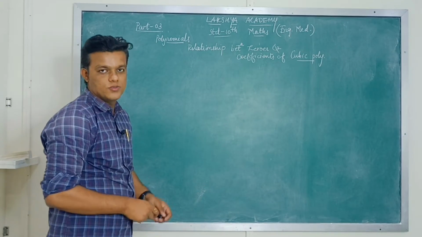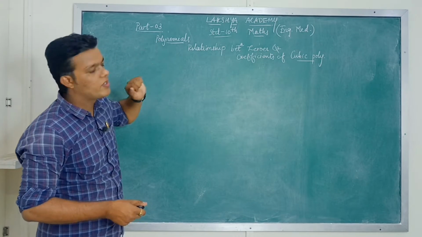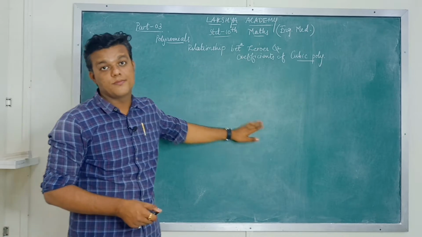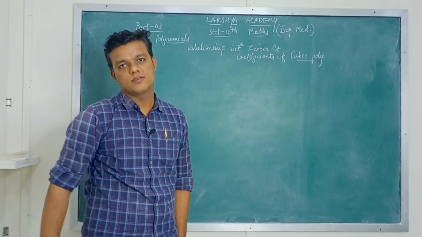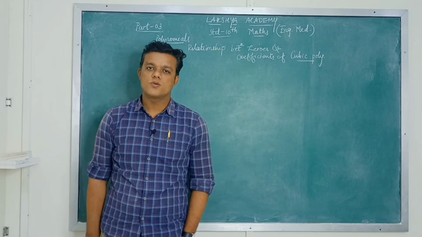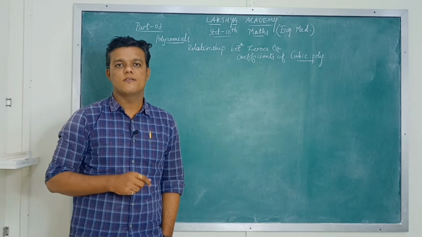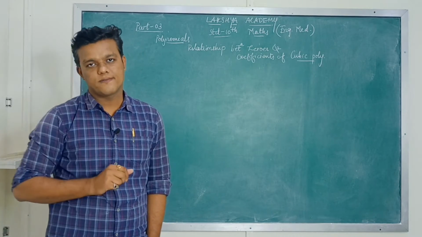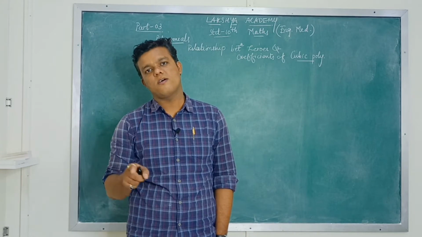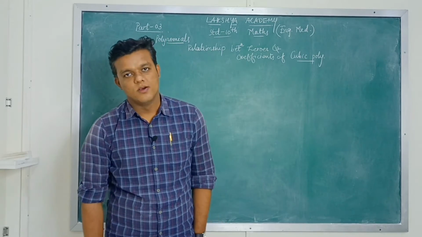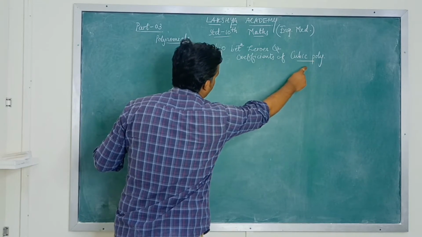In part 1 and part 2 of 10th standard mathematics English medium, we have seen the definition of polynomials, types of polynomials, then we discussed zeros of polynomials, how one can find the zeros, then the geometrical interpretation of zeros, how you can make out how many zeros any polynomial has from just seeing the graph. And after we have seen the relationship between zeros and coefficients of quadratic polynomial, we will discuss the relationship between zeros and coefficients for cubic polynomial.